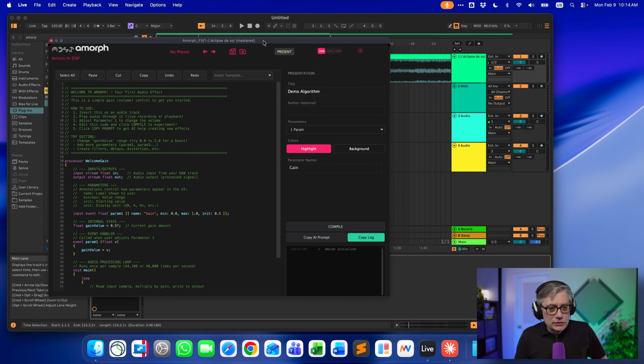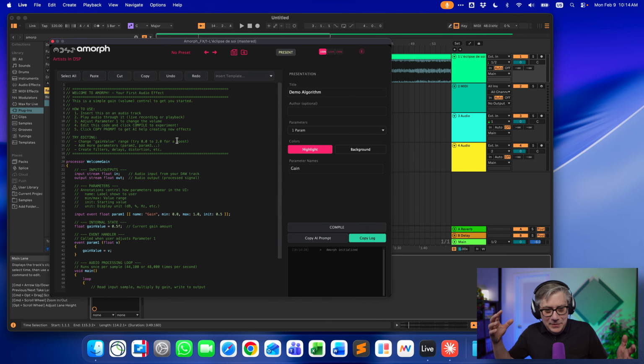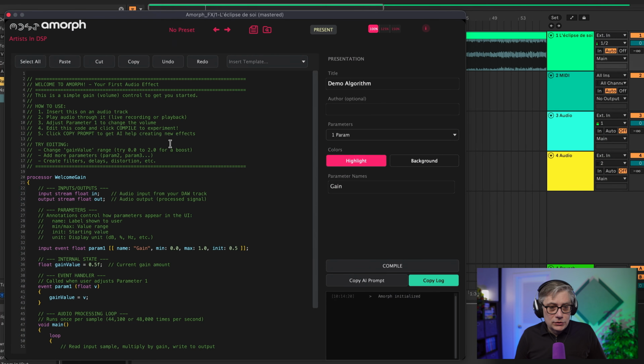Now the first thing that you're going to see is a lot of code, and you will say, well, hell, Michael, I don't know how to program. What do I do with that? Well, the idea is that you have the code and then have the plugin compile it, but you're going to use a large language model in order to write the code. So that's really the main idea. So what we need to do for that is actually relatively straightforward. The first thing I'm going to do is simply give it a different name. So let me just say binaural. I want to create a binaural panner.